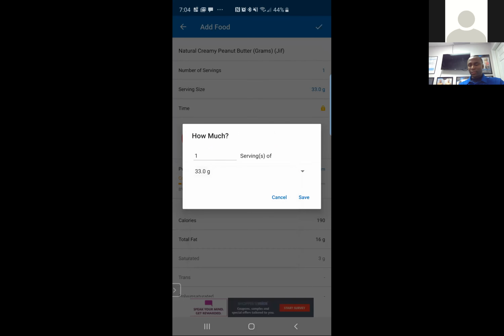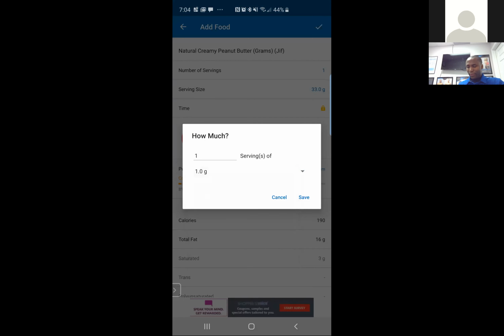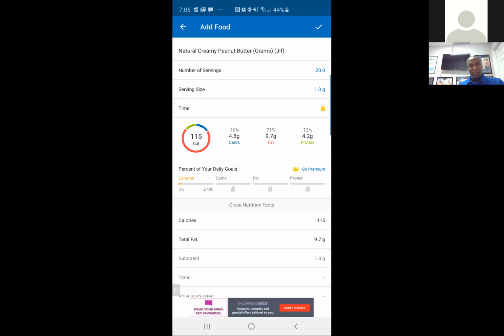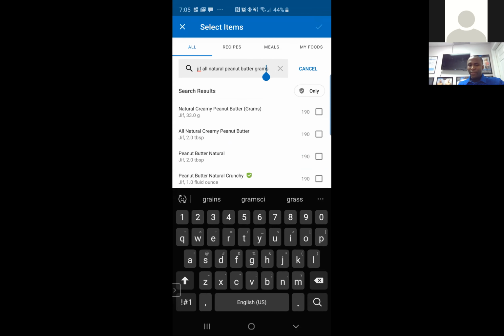Now, the label typically says 2 tablespoons, and in parentheses, it'll say 33 grams. And what's more concerning to me is not the tablespoons and grams, because I may decide to have only 20 grams and I turn this to 20 grams. And then I know, boom, this is what I'm getting when I have 20 grams of peanut butter. So that's a really easy thing to do. You add the word grams, or if you want to search for something in ounces, you can add the word ounces. But we really want to stick to weight of food